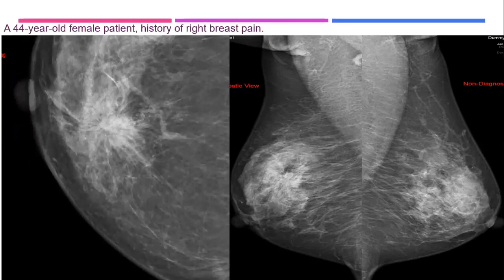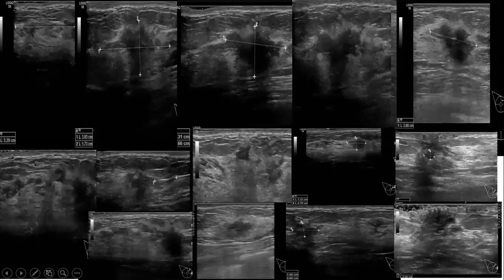And this is the spot magnification. You can see the lesion here with very long spicules. Look at the spicules going to the back of the image, okay? These are long spicules, and this is a thick spicule going toward the nipple, which might represent ductal extension. This is the ultrasound demonstrating